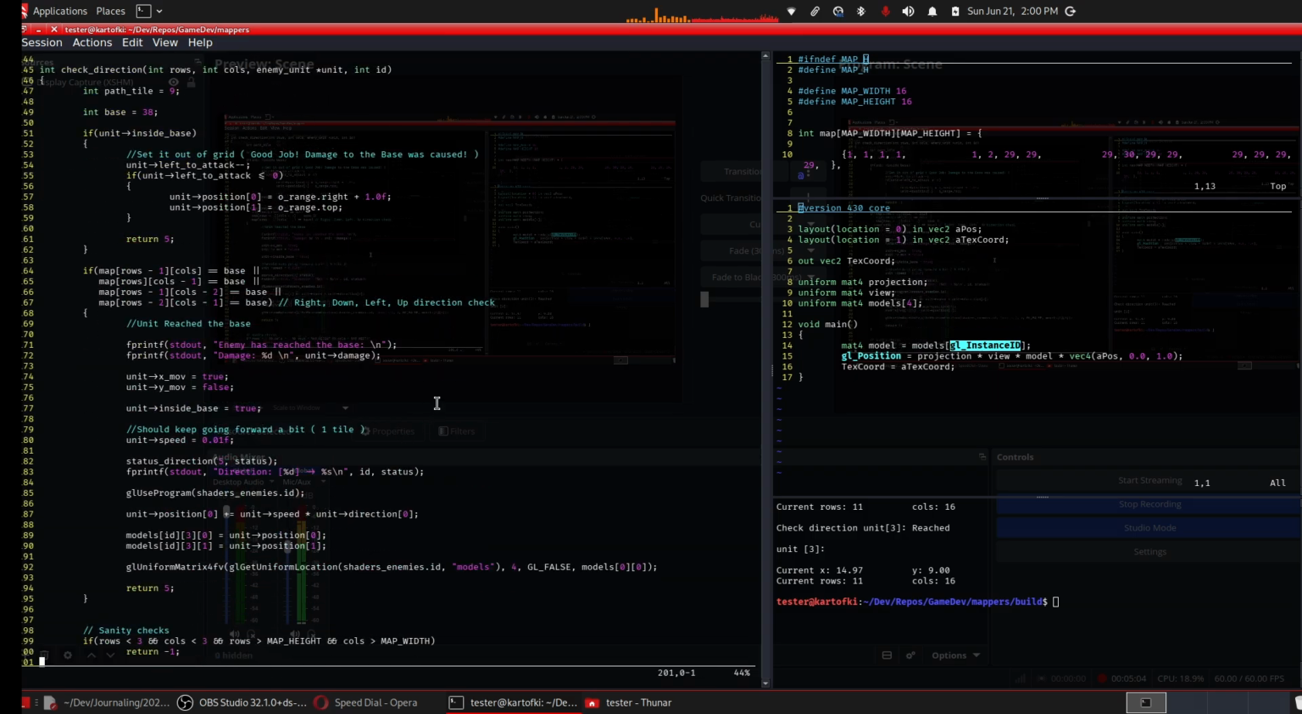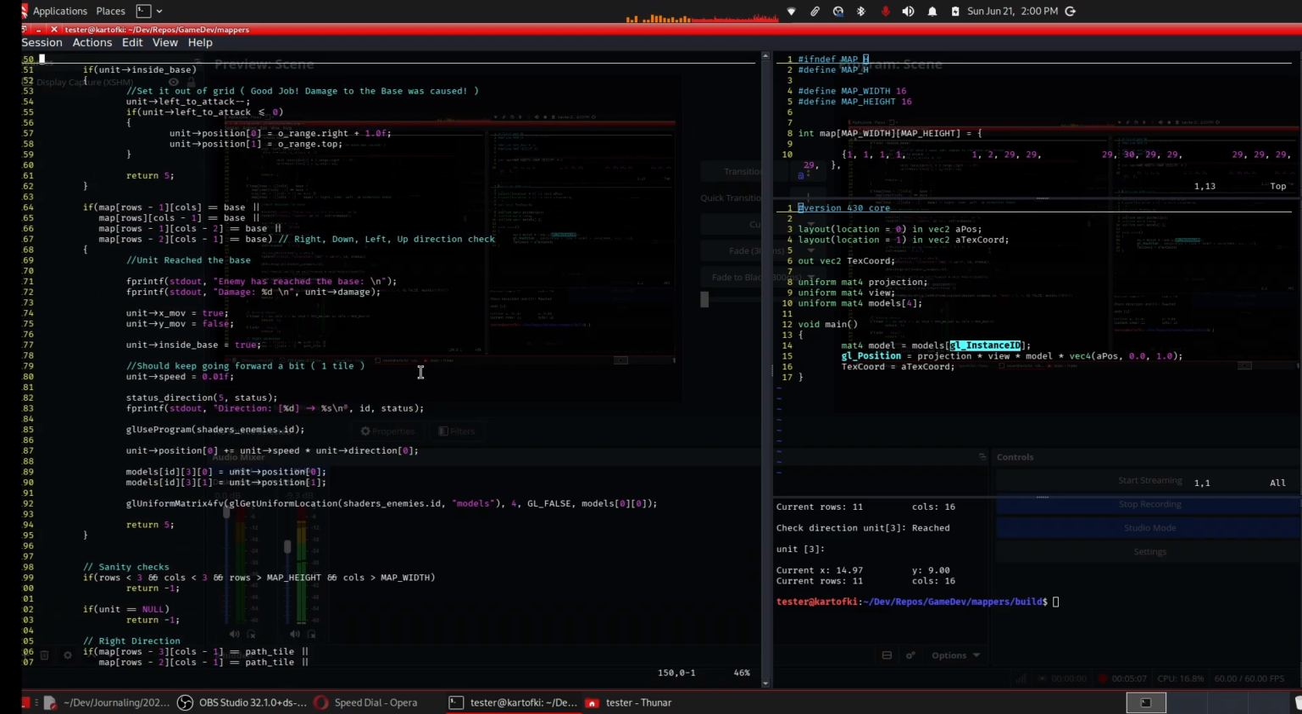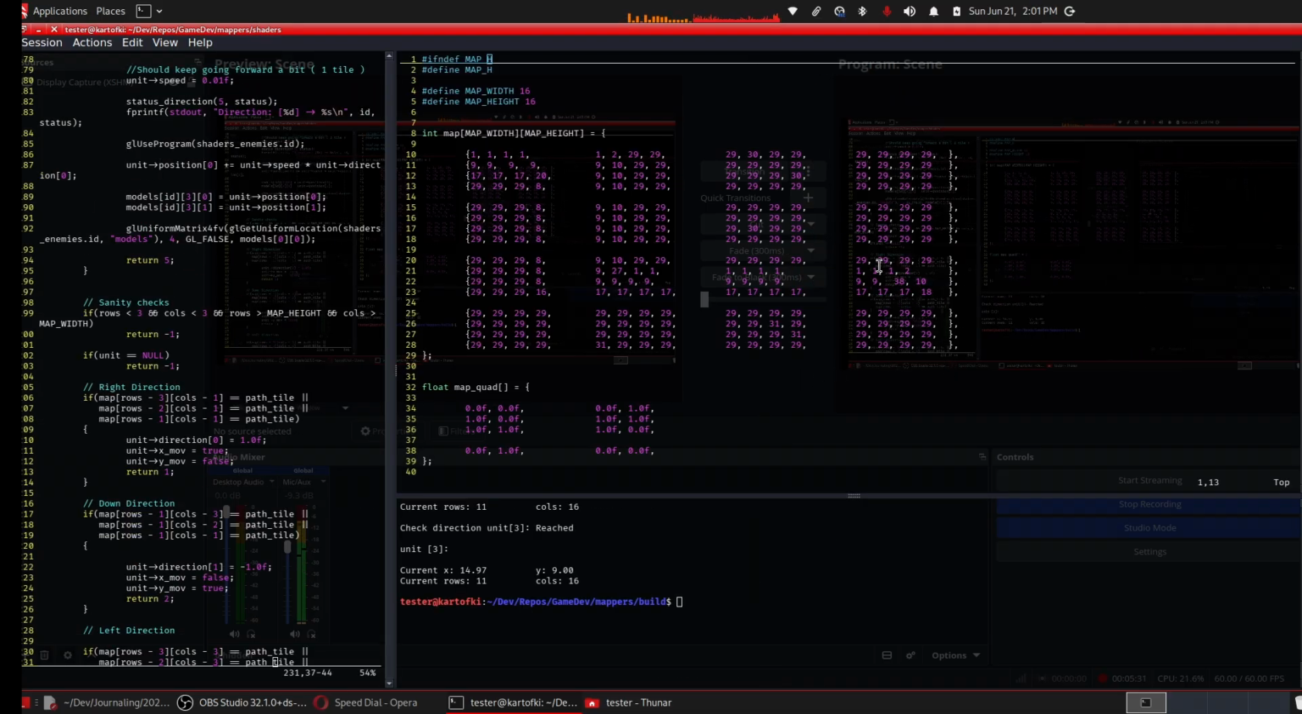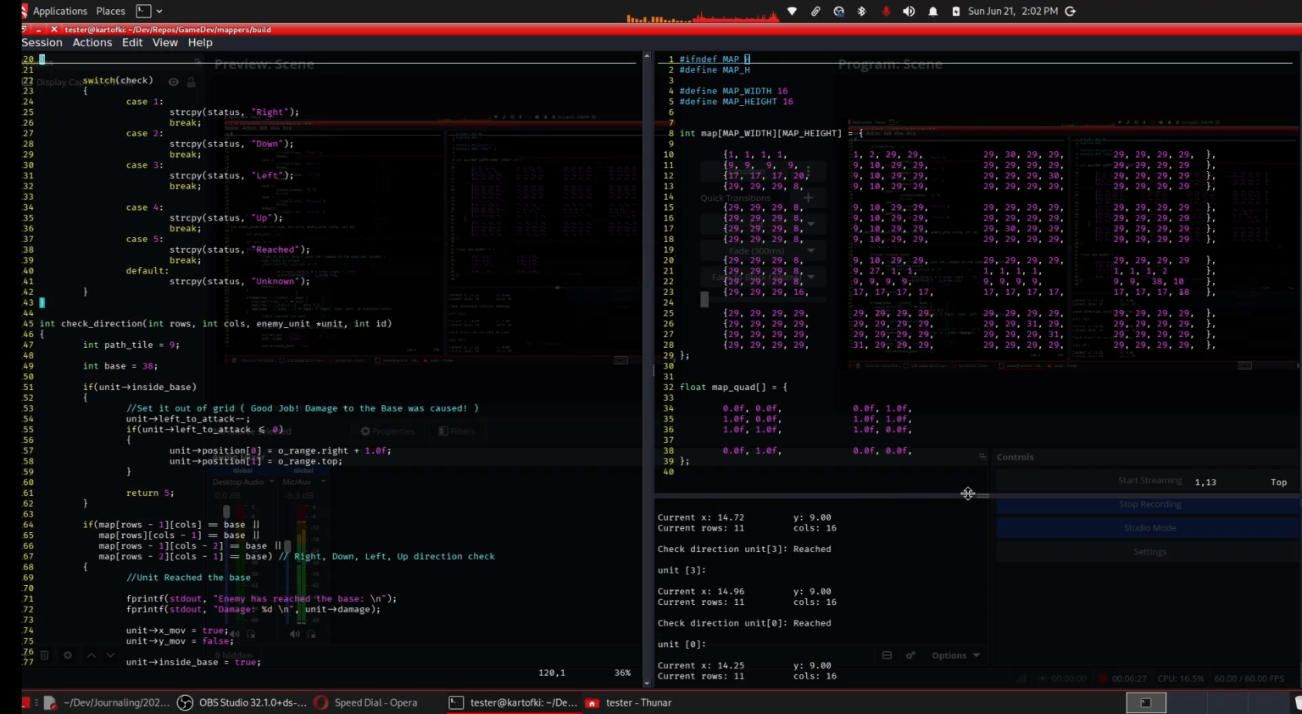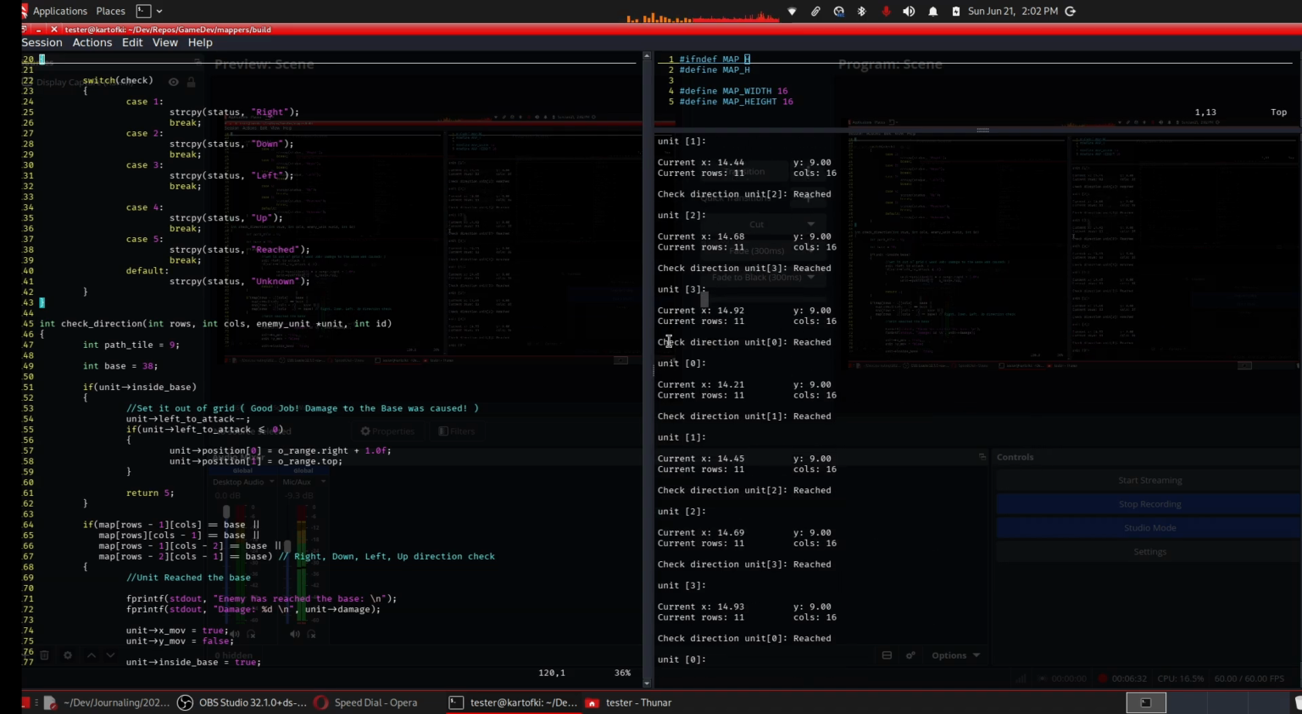I think the hardest part for me was over here with the base, because it was just one tile forward. So when it reached here, this ID is the base, and it checks from here, not from here. The indexing is a bit different, and here some debug information, which is the current rows and columns, the position